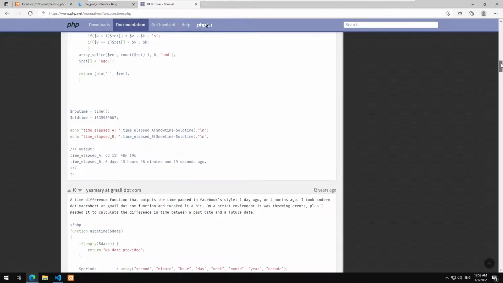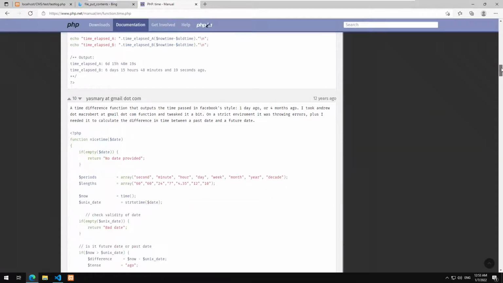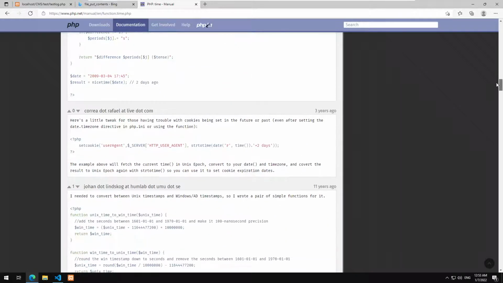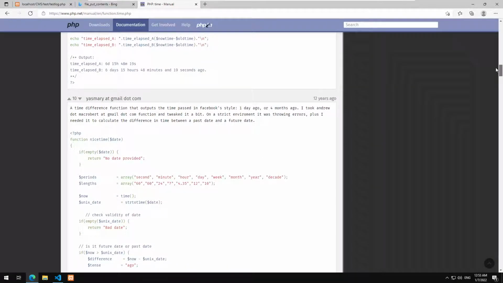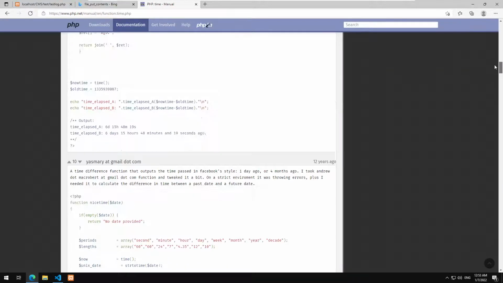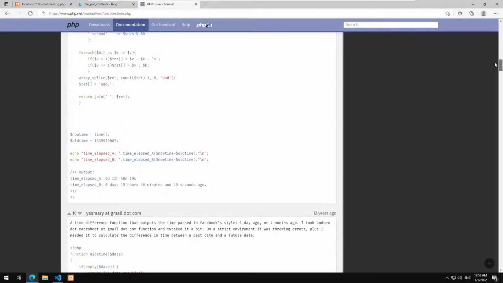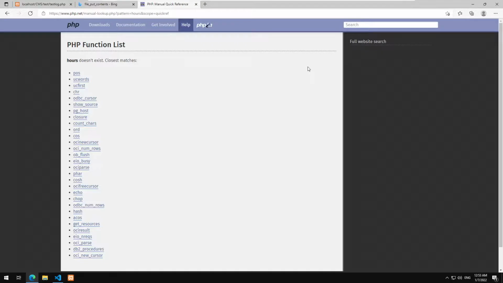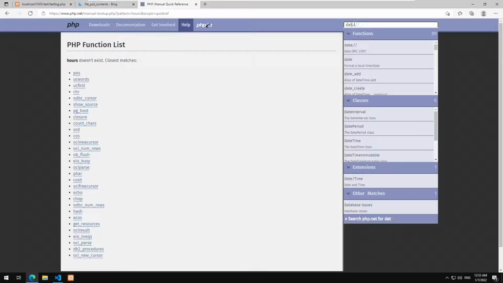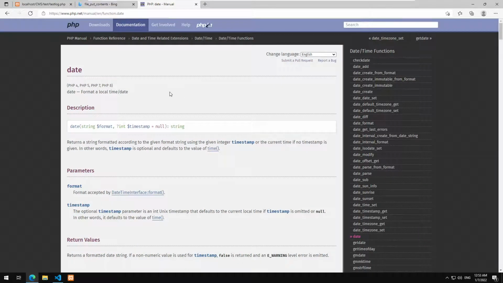Okay, so there should be an easier way to display the current time, right? I think hours. Let me see. Wait a minute. Let me see how date works, because